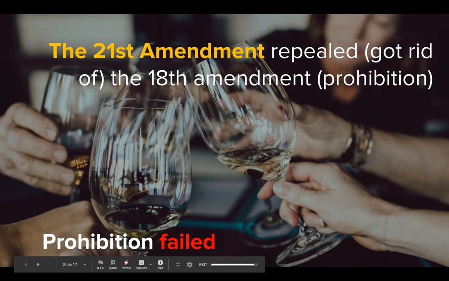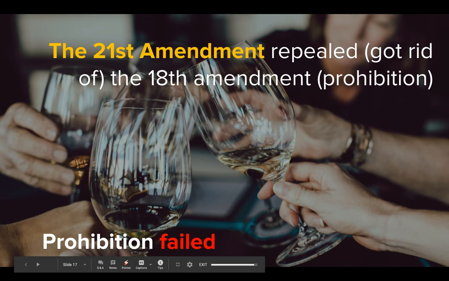And so the last thing is, you look around today, we know, of course, alcohol is not illegal. This experiment doesn't last long. After 13 years, in 1933, Americans get pretty sick of the situation, and we ultimately decide to repeal, or get rid of, that 18th Amendment, which bans alcohol in the United States. Prohibition is ultimately a failure.